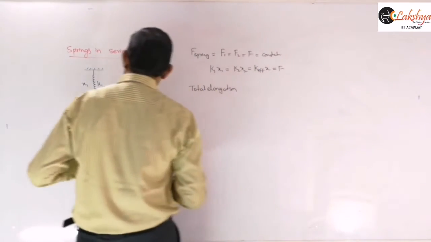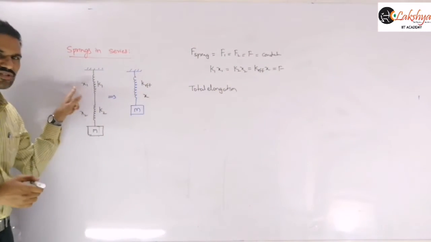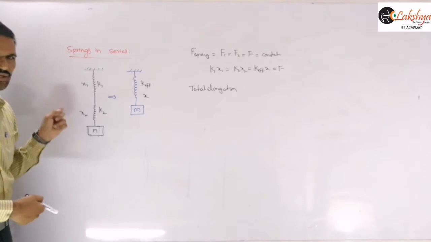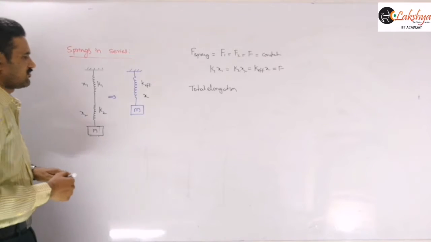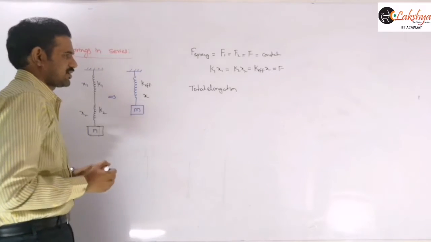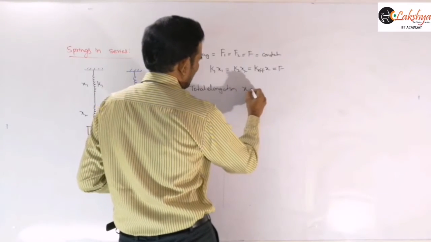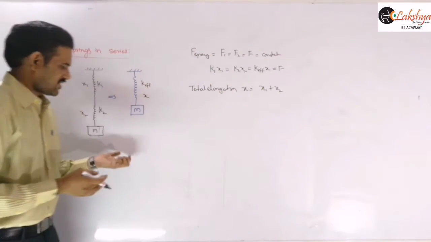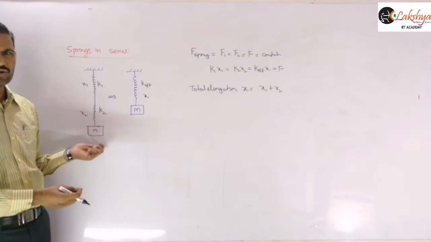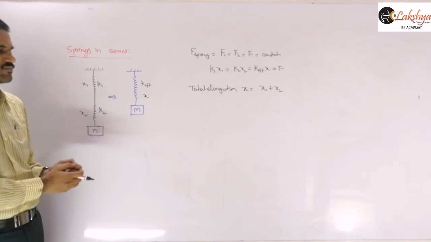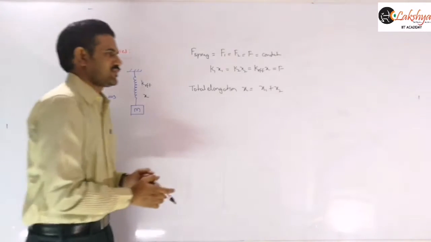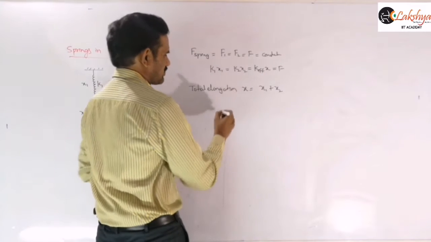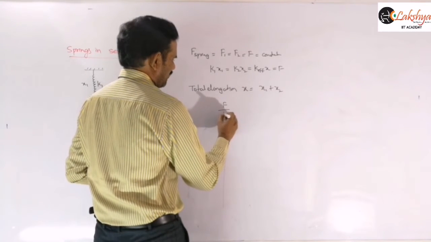And so now the total elongation: x1 is the elongation produced in the first spring and x2 is the elongation produced in the second spring. So mention that also: let x1 and x2 be the elongations of the springs K1 and K2 respectively. Then the total elongation x is equal to x1 plus x2, right? Because as we are attaching some weight here, definitely some elongation will be produced. This weight will pull the system downwards, so some elongation will be there. Now this x value we can write as F by k effective.